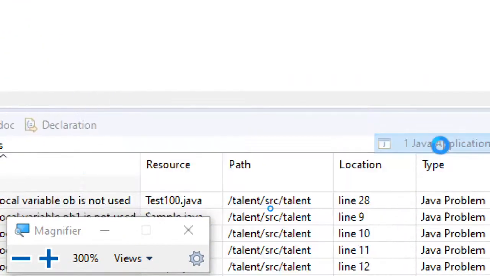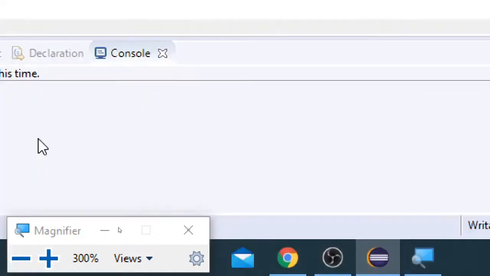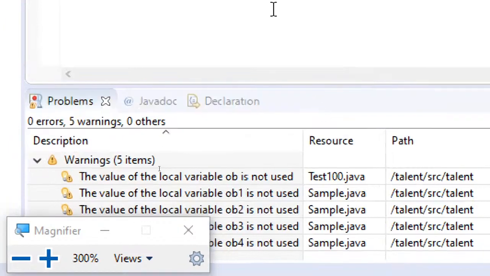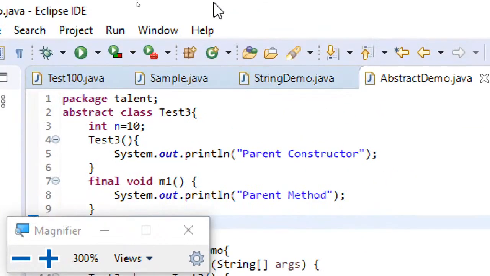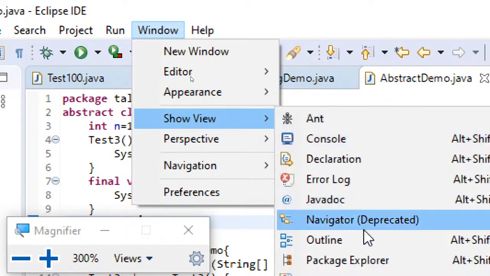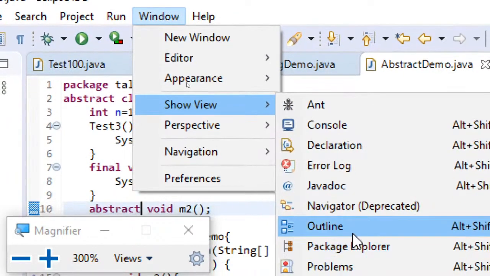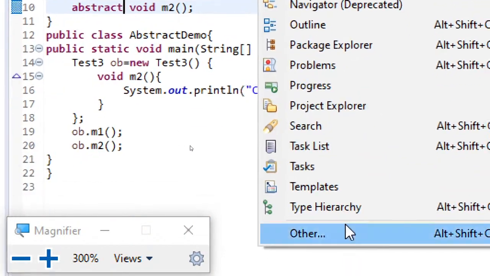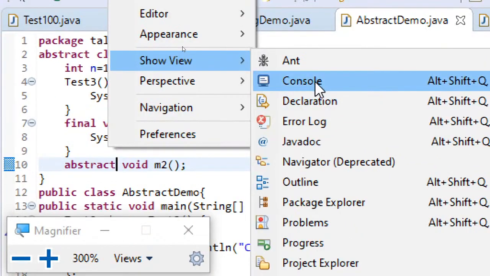Here, if I click on Run As Java Application, right now the console came, but sometimes the console window will not come here. At that time, you can go to Window, then Show View, and select Console. Here it is.